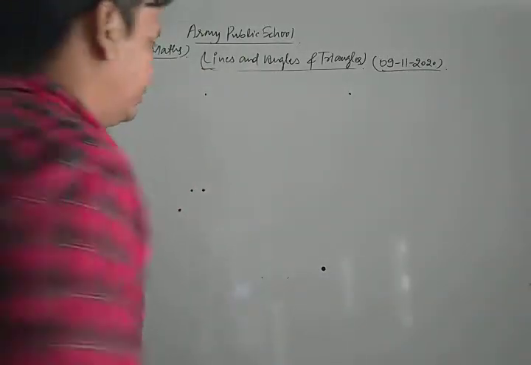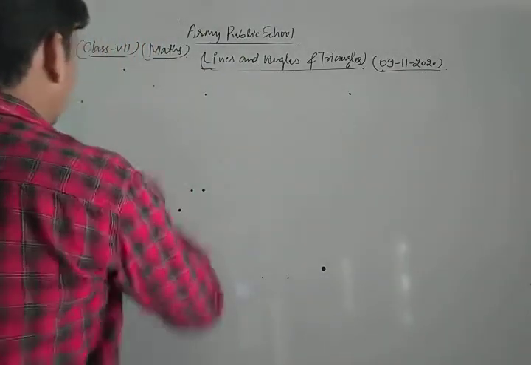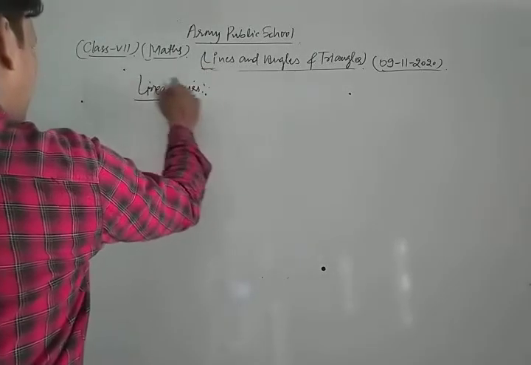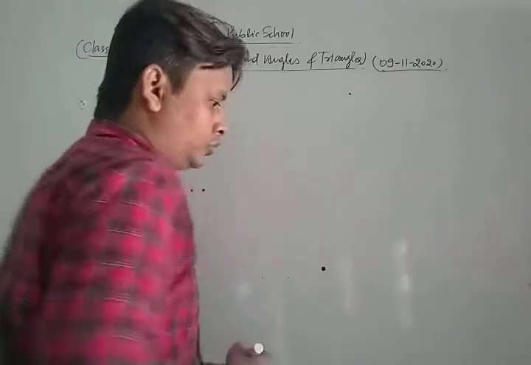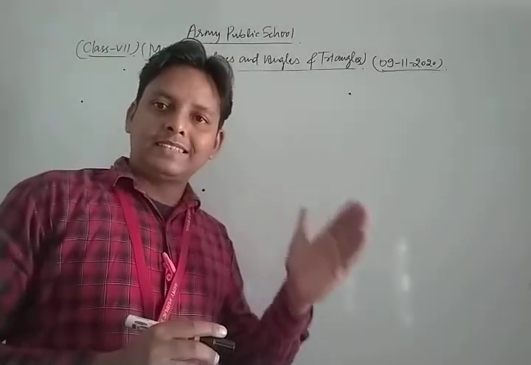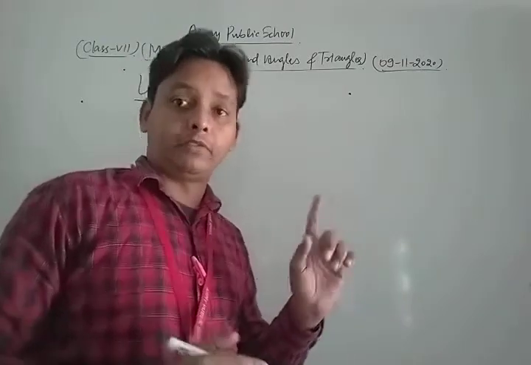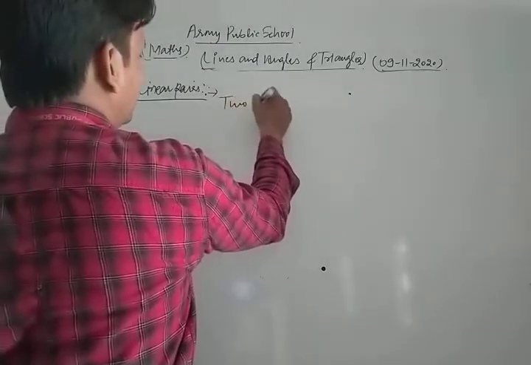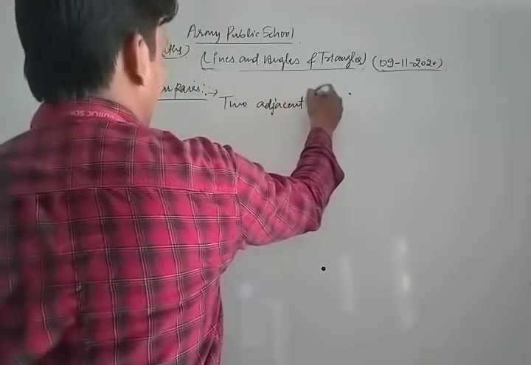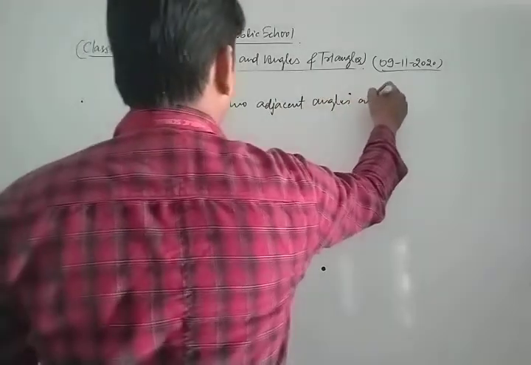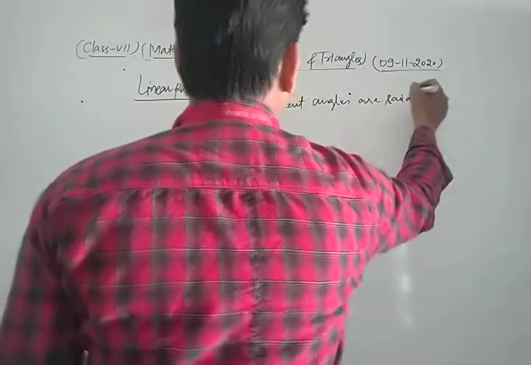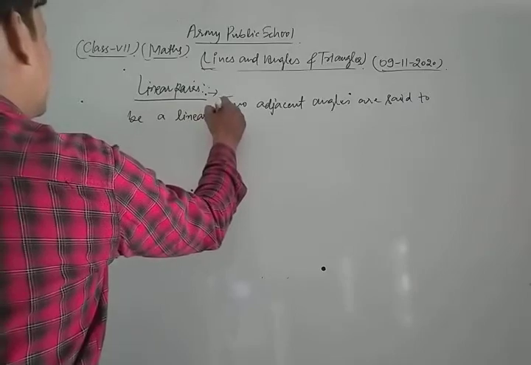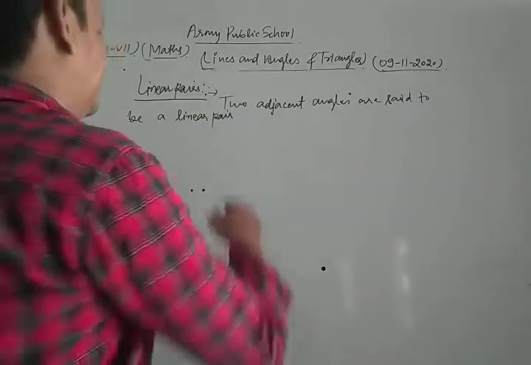Now we are going to discuss some important concepts related to linear pairs. Two adjacent angles are said to be a linear pair if the necessary condition is satisfied. What is the necessary condition? Let's see. Two adjacent angles are said to be a linear pair if